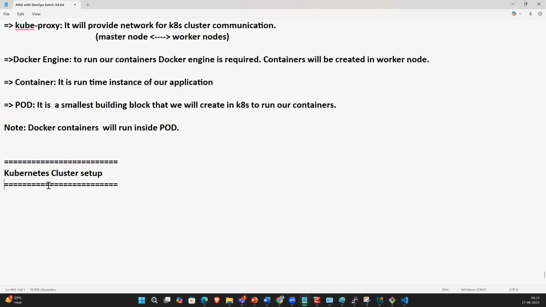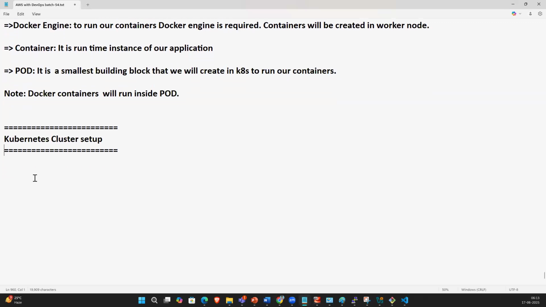Yeah, I will tell you this. A Kubernetes cluster we can create in two ways. One is a self-managed cluster, where we create our own cluster. How can you do it, guys? You can take